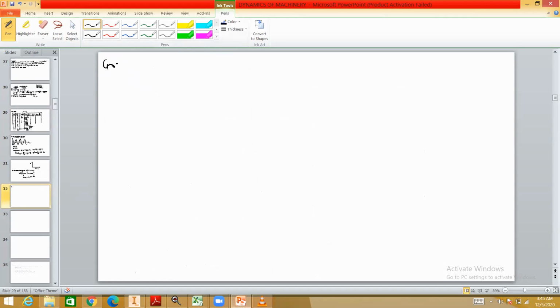So it is a graph of amplitude A versus frequency, that is omega. So you will have the values of A